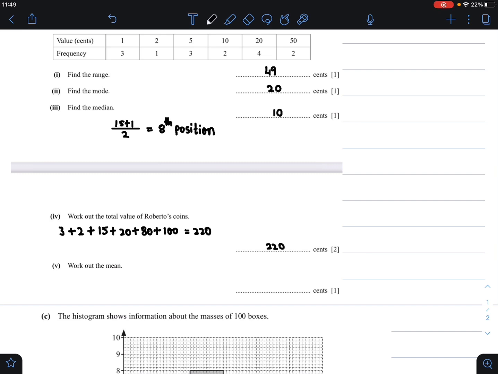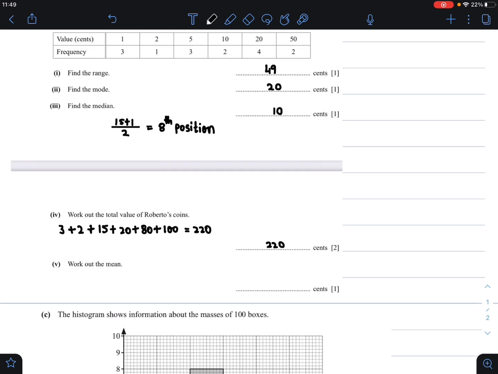Now they are asking us to work out the mean. So the formula of mean when there is frequency involved is summation fx divided by summation f. Now we have already found summation fx when they asked us to find the total value of Robert's coins. So all we need to do is divide that total by the total number of coins, which is 15 in this case. So 220 divided by 15 is equal to